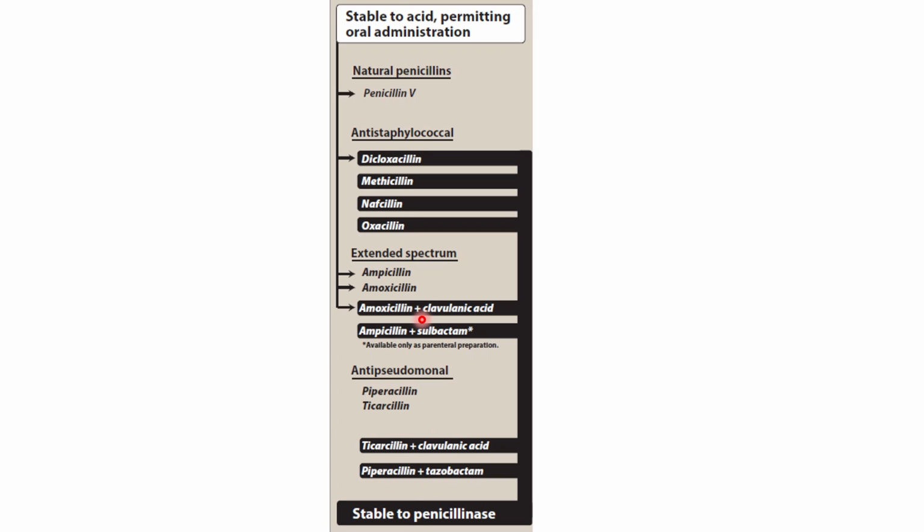But that also leads to killing more bacteria, and that leads to more severe dysbacteriosis. So that is why the combination with the beta-lactamase inhibitors should only be used